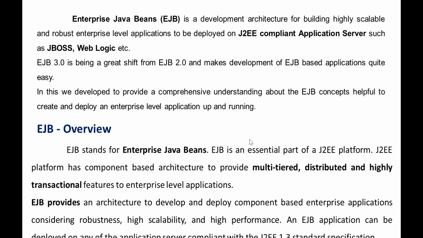An EJB application can be deployed on any application server compliant with the J2EE 1.2 standard specification. So this is a brief introduction about the EJB overview.